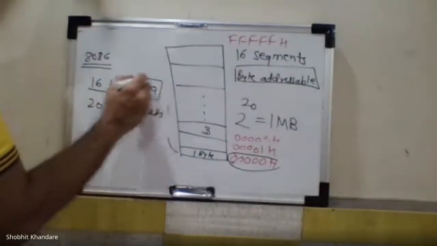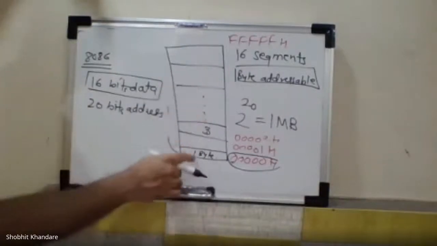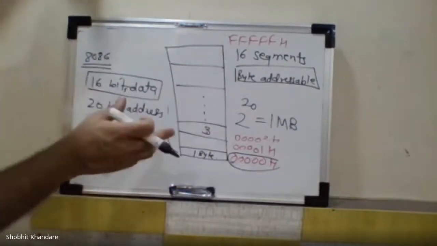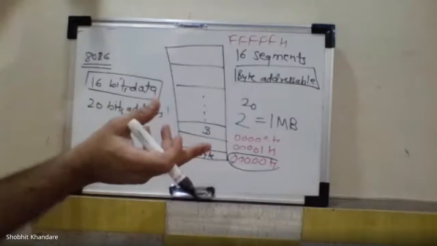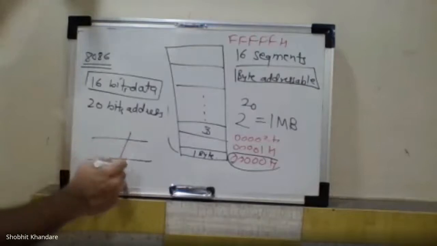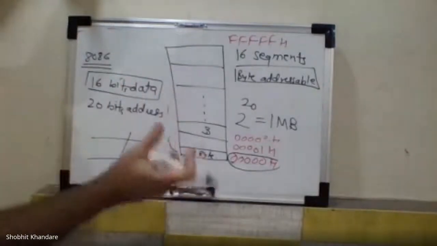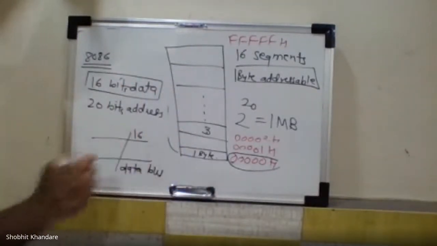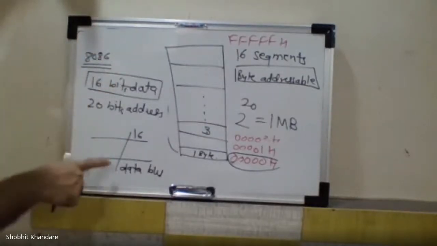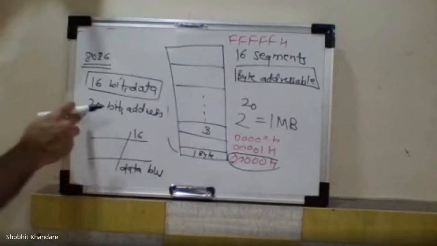Now let us talk about 16 bits of data. I have told you each location can store 1 byte, which means 8 bits. But as far as 8086 is concerned, it will be able to hold 16 bits of data. Who is going to hold it? Your data bus. Its maximum handling capacity is 16, because 8086 is a 16-bit processor. That means your data bus size is 16 bits, and the address bus size is 20 bits.